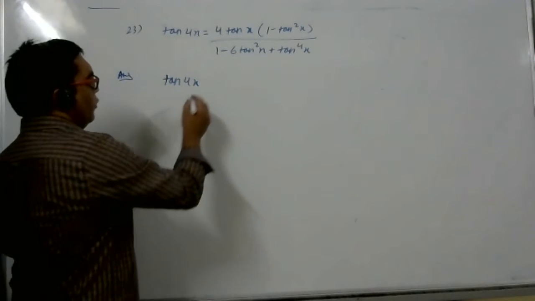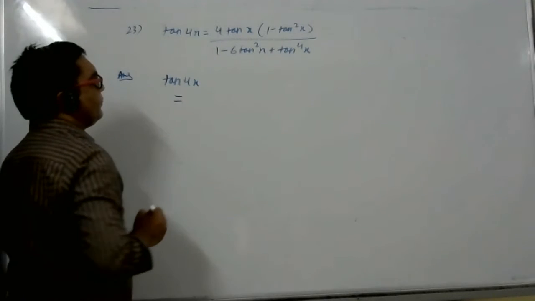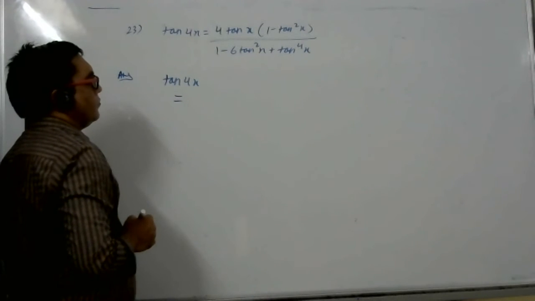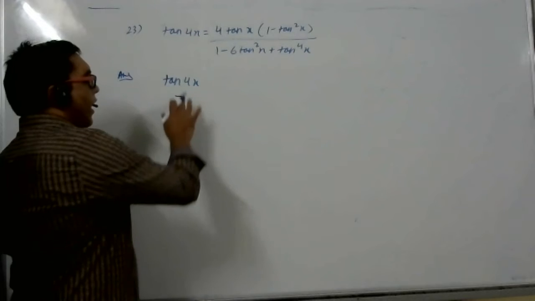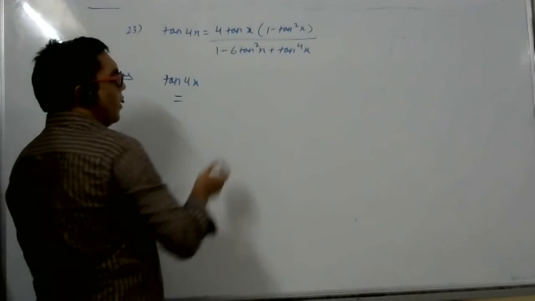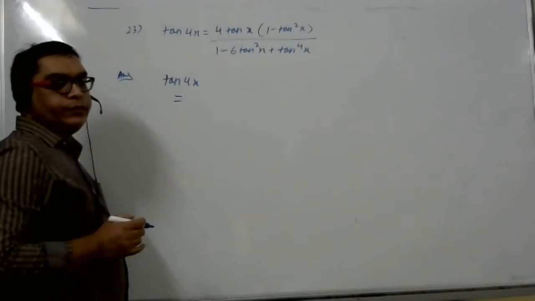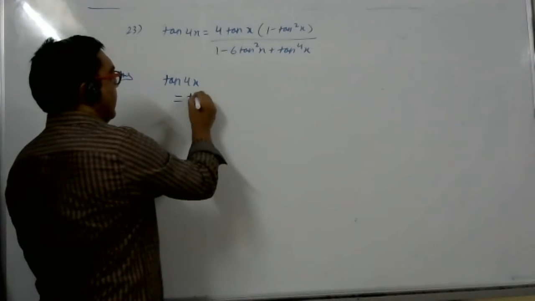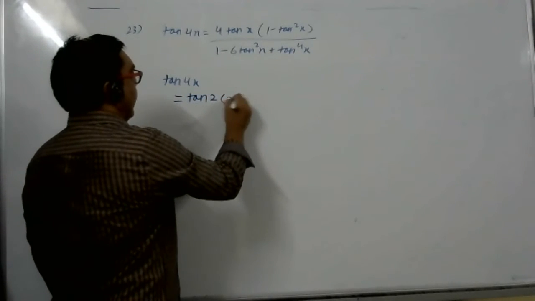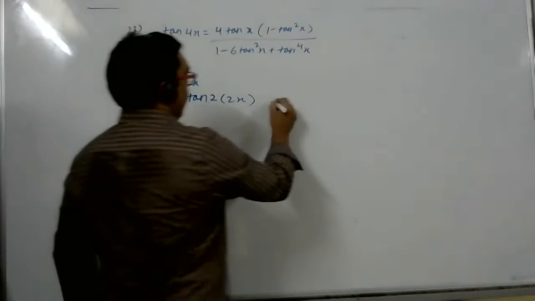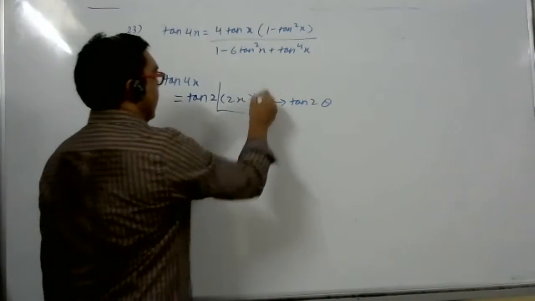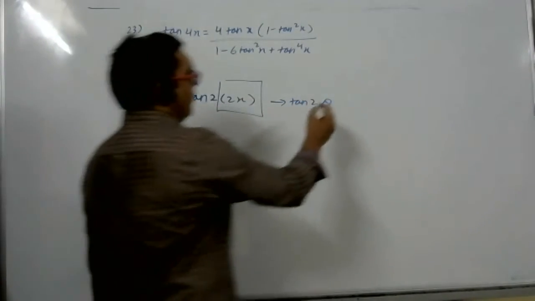Tan 4x, how to write? Do you know the formula of tan 4x, student? I'm not really sure with all the formulas. Tan 4x, there is no formula. So whose formula do you know? Tan 2x you know? Tan 2x. So tan 4x we don't know. So what we'll do, we'll split tan 4x into tan 2 times 2x. It is the same way as tan 2 theta. This is theta, this is theta. Tan 2 theta. Tell the formula of tan 2 theta.